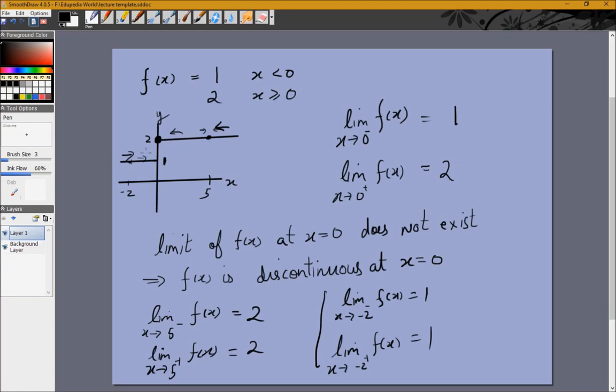So from that informal definition, we can also see that f(x) is discontinuous at x equals 0. However, it is continuous at x equals 2, at x equals minus 2, and x equals 5. In fact, you can prove for yourself that f(x) is continuous